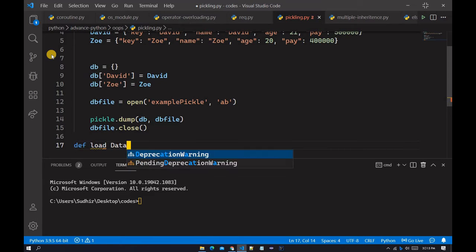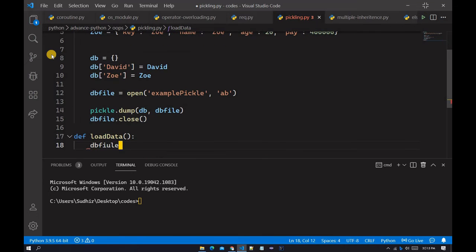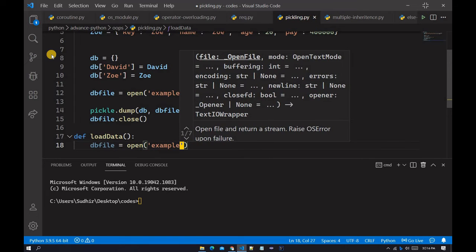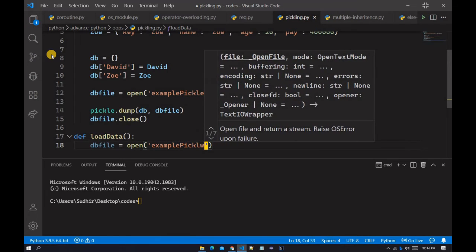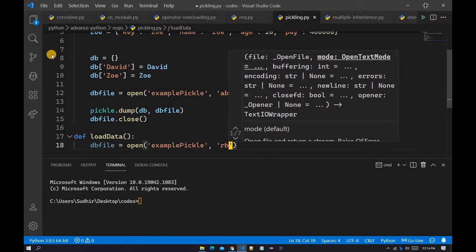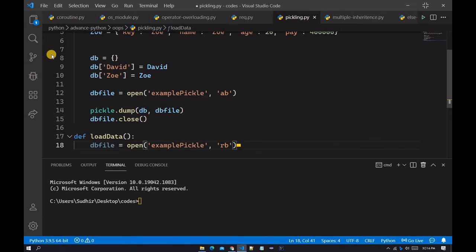Then again create a function, and here we type load data. Then we simply type db file is equal to open, and then we type example pickle, and again rb, not ab, rb.